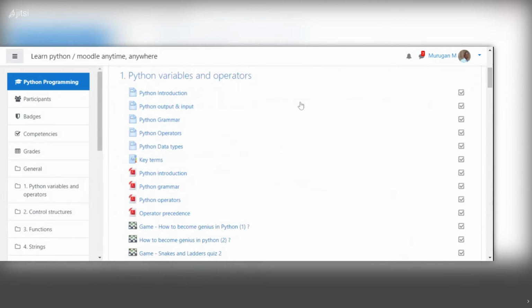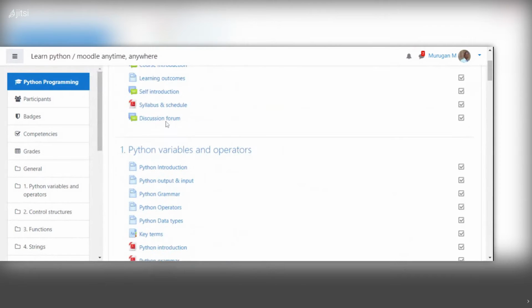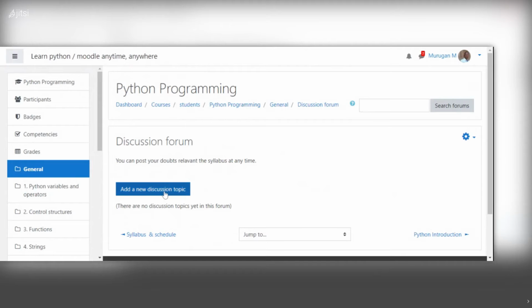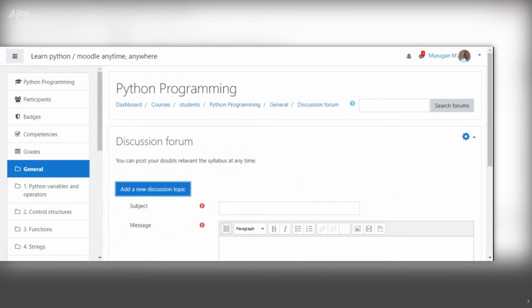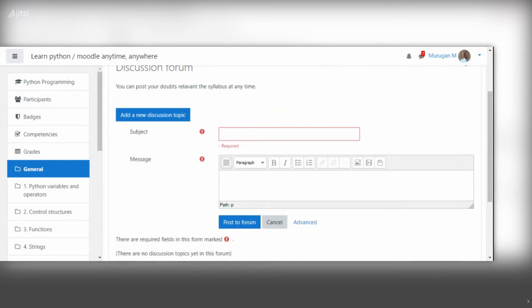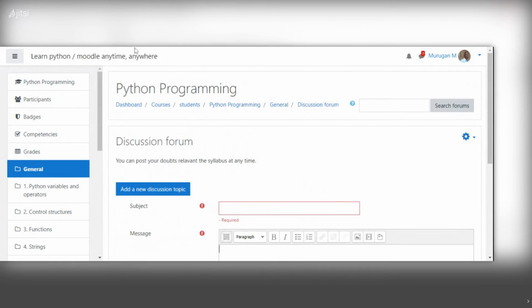If students have any doubt regarding the subject, they have to post their doubt in the discussion forum. If I click on this one, here they have to give the title. Here they have to type the doubts in detail. Finally, they have to click on post to forum. Then the doubt will be posted in the discussion forum.